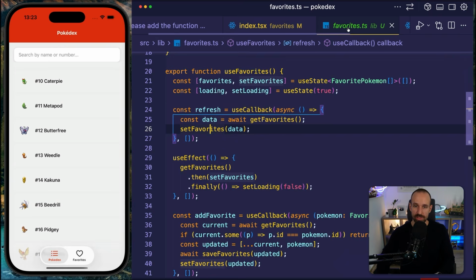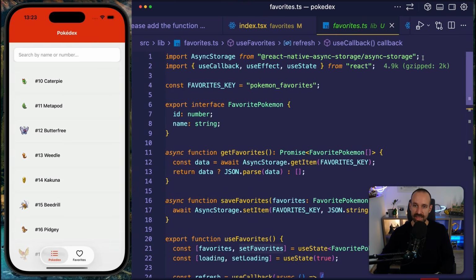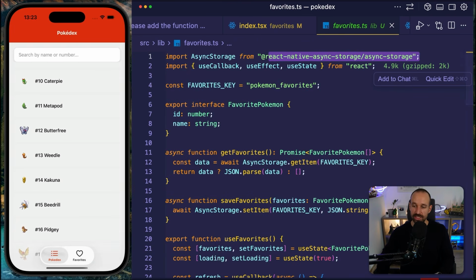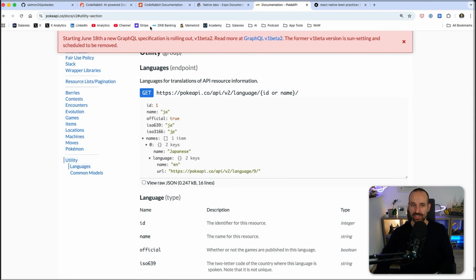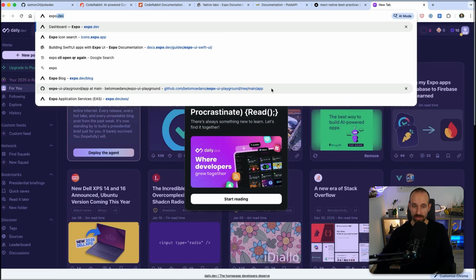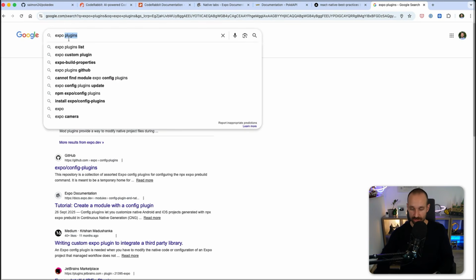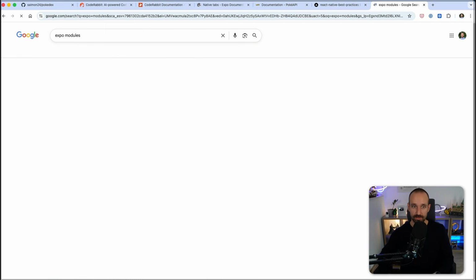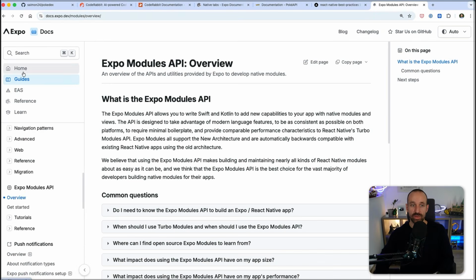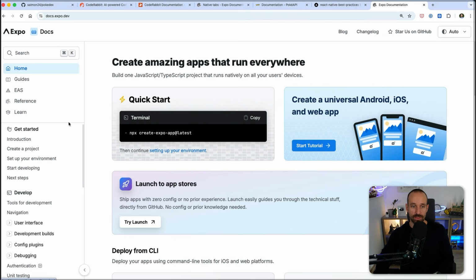All right, for the moment and for this part, we have now done this. We have our local storage using the async storage package. You can find many more plugins. You just have to search correctly. So if you go to Expo plugins, you're going to find a long list of, or let's actually call them Expo modules, not plugins. There's something else. If we go to the Expo modules,